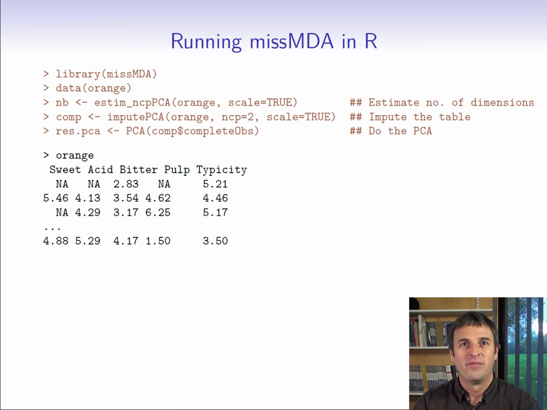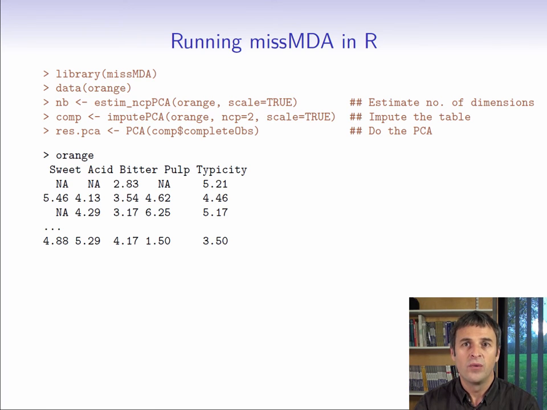This regularized iterative PCA algorithm is implemented in the missMDA library. This library contains several functions. As we've already seen, it's necessary to estimate the number of PCA dimensions to use when imputing the missing data. We can do this using the estim_ncpPCA function. This function finds the optimal number of components to use when imputing missing data. To be clear, we'll use a standardized PCA for imputing, which is the default option, and it's what we have to use if we want to do a standardized PCA on the dataset after.